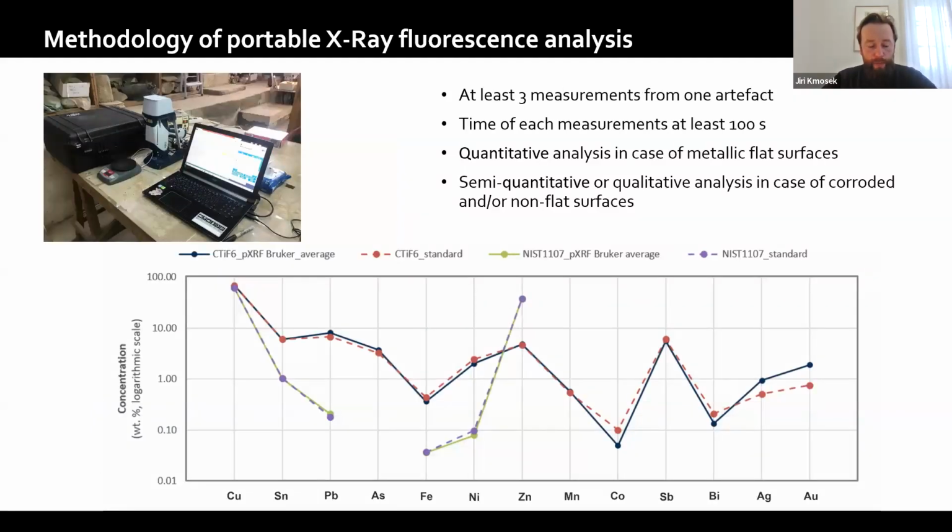And when performing XRF analysis, it is necessary to ensure optimal conditions for obtaining representative results. It is important to be sure that the surface of analyzed objects is as flat as possible, and the surface of such objects must be clean of corrosion products. In real practice, we know that this is mostly not possible, and we must analyze artifacts covered with corrosion layers,